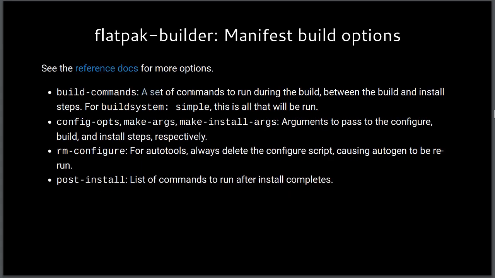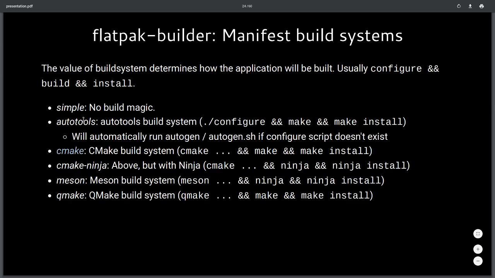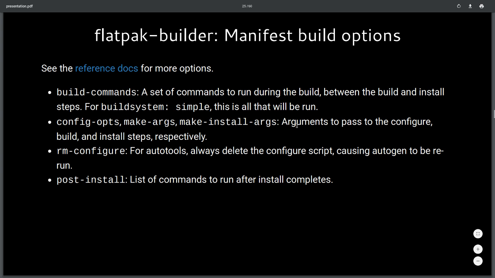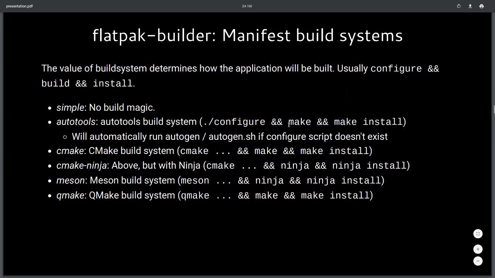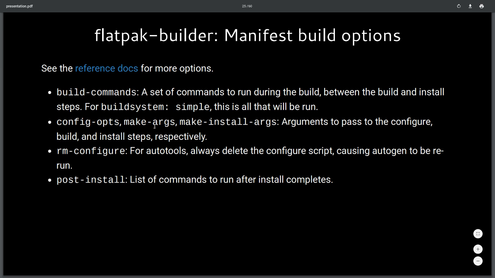Build commands is a list of commands to run during the build. For build system simple, this is just our whole build, because build system simple means don't do any magic. If we have any of the others like CMake or autotools, it runs it between the build and install steps. So say with autotools, between make and make install, it would run whatever's in build commands. We can also,